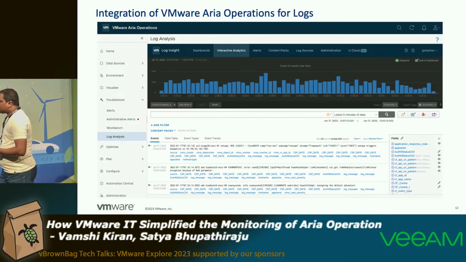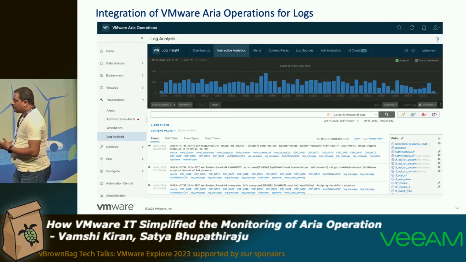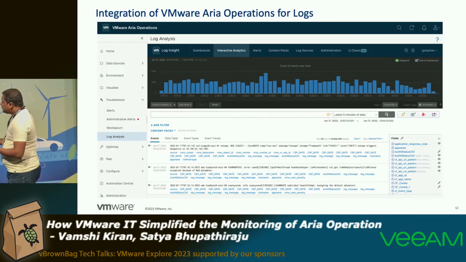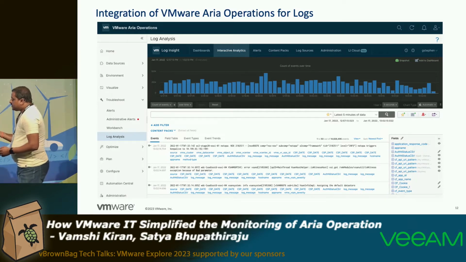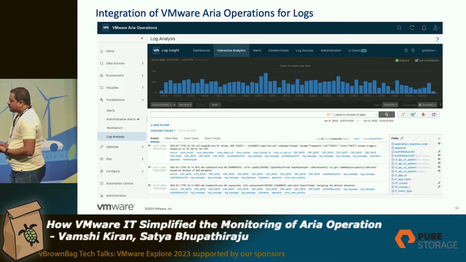Before we get to the incident, for example, if your service went down, sometimes you cannot identify whether it is down or hung or whatever it is. But if you go to a specific time period and ask what happened to my service in ARIA Operations, it will give you the logs along with the details within that period of time. So we can get everything, logs along with the services and infra, in ARIA Operations.